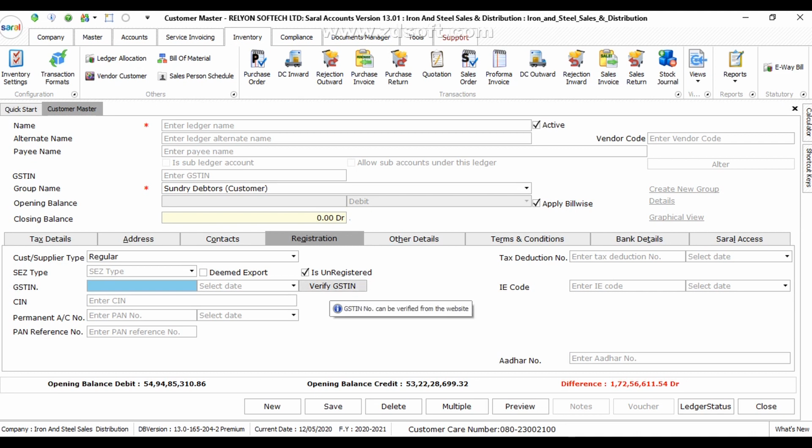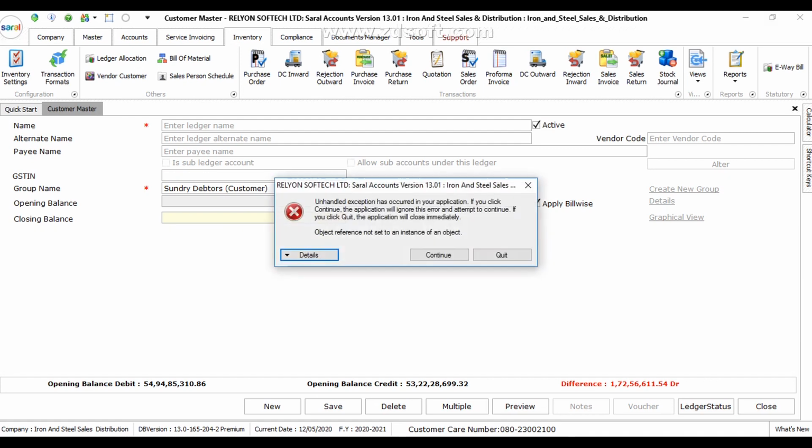It will cross check with the internet connection and fetch the data from the department portal, and it will show the result that this GSTN number belongs to this customer. Likewise, we can cross verify the GSTN number with the respective customers.